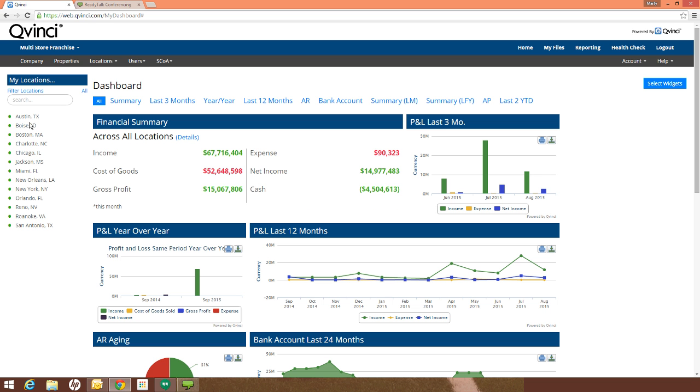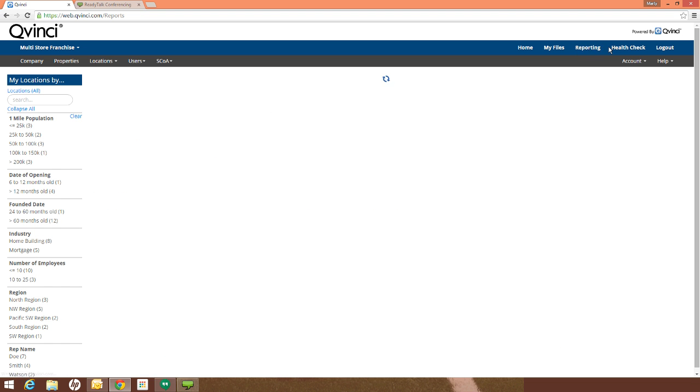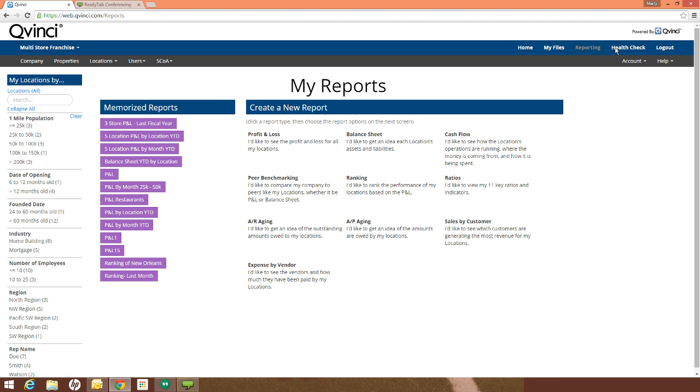Diving into reporting, click on the reporting tab on the upper right. Here, working left to right, we have some filters that we call properties. Some are defined automatically within the application, but on a per client basis. Again, keeping in mind this is the multi-store franchise client, for this particular client, we've also defined some additional properties, slash filters, and you can actually have up to 20